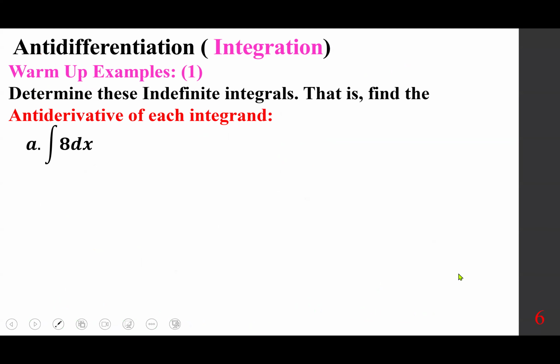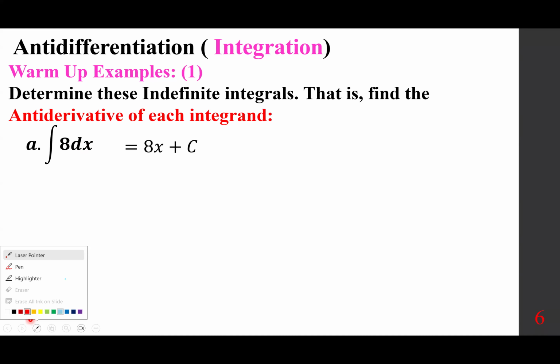Let's get started with warm-up examples. Determine these indefinite integrals, that is, find the antiderivative of each integrand. The integral of 8 dx. Concentrate on 8. What is it that I differentiate to get 8? I hope you realize that's 8x, so we're going to add a constant. And the importance of dx, by the way,